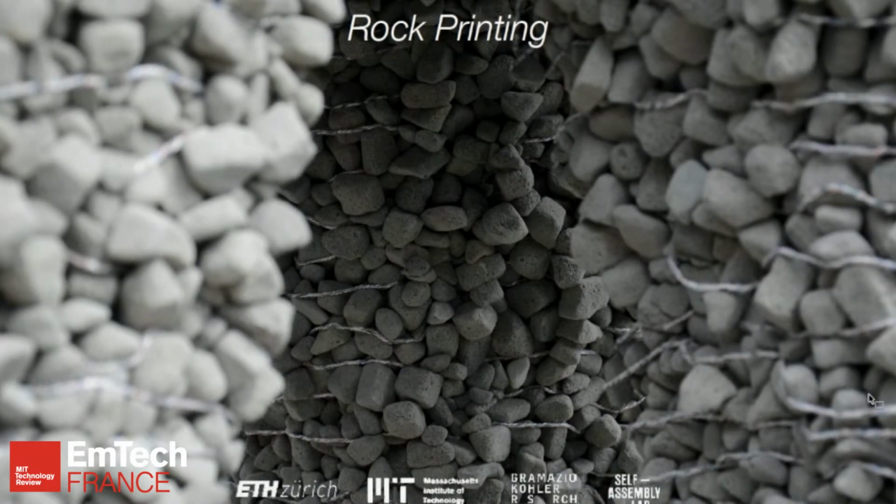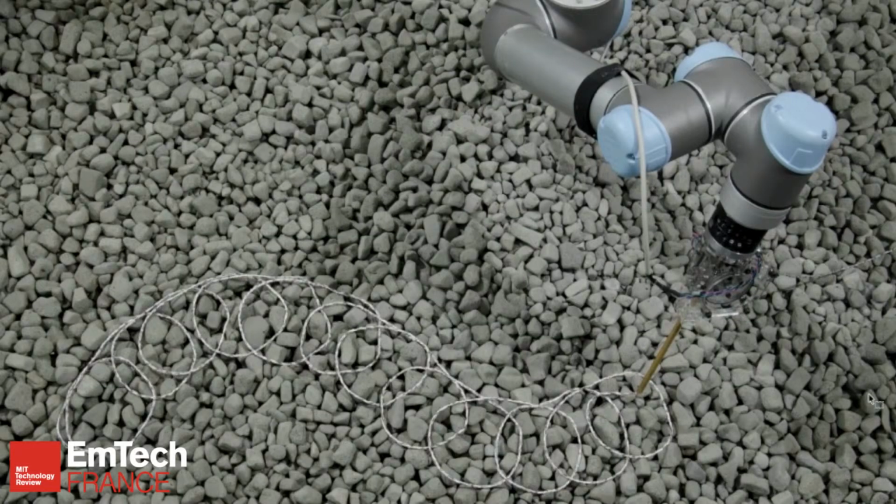So we tried to start utilizing that at much larger scales. We started a collaboration with Gramazio Kohler Research at ETH Zurich on a project called rock printing. And the idea was we wanted to use granular jammables at much larger scales, but we wanted to remove the vacuum and remove the membrane that's typically associated with granular jammable materials. So what we do is we print with rocks. Essentially, it's like a big powder printer. We spread rocks layer by layer, and then we spit out string. So it's loose string without any binder or adhesive,